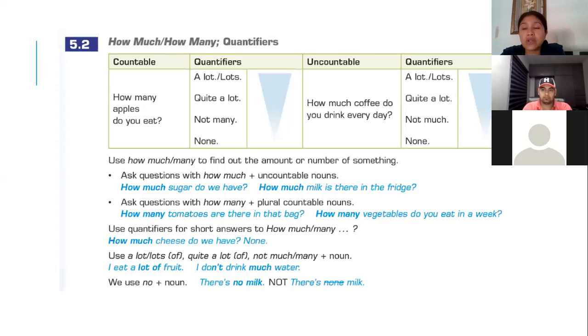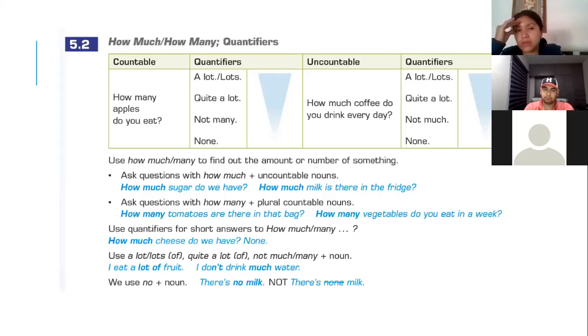So a lot or lots is the same. Lots is a little bit more informal. And a lot, it's not that it's formal, but well, it's more common maybe, right? So lots and a lot is the same. And we use it when it is a big amount, right? So if you say how many apples, you can give the exact number, like, oh, 3, 2. But if you don't exactly know how many, you can use these expressions.